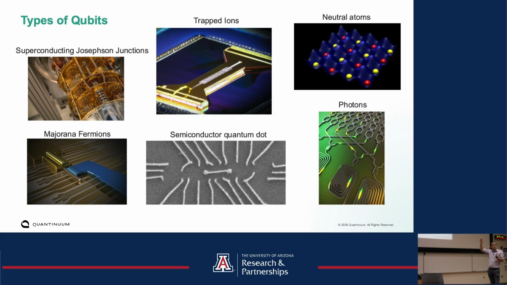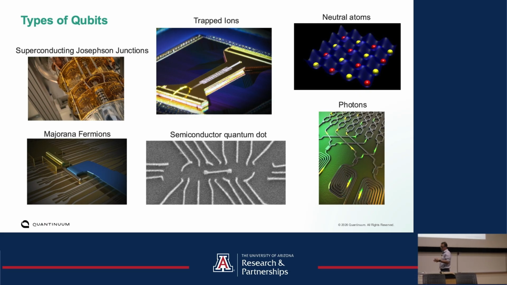Neutral atoms are very similar. Now you're holding them in a light field rather than an electric field, so they're a little more fragile, but very similar physics. Superconducting Josephson junctions are really interesting. You actually make little tiny circuits, and then you cool them down to like 20, 30 millikelvin, and then they become quantum mechanical. And they have two states that sort of act like my electron being spin up or spin down, and I can tune the interactions between them using microwave couplers. So these are printed circuits you can make and then put in a dilution refrigerator and have them act like